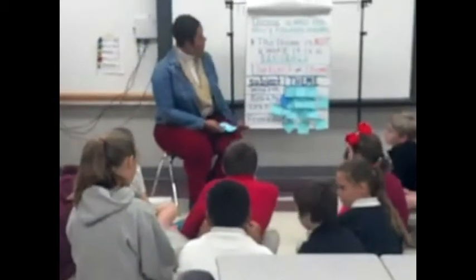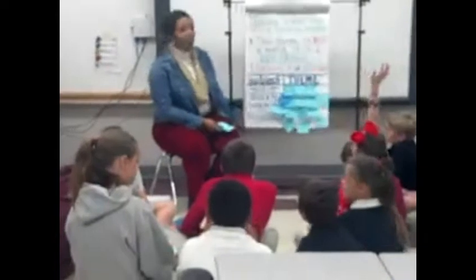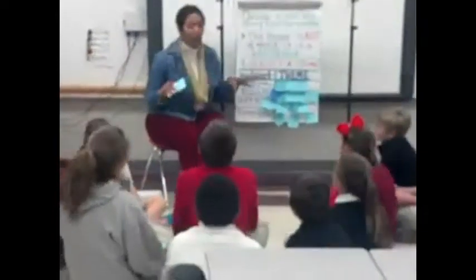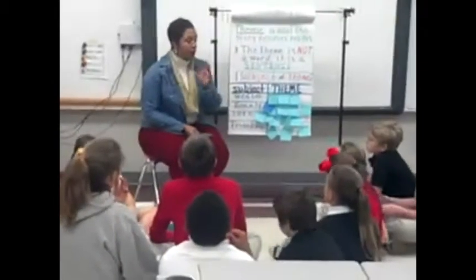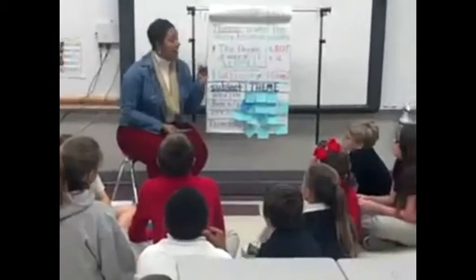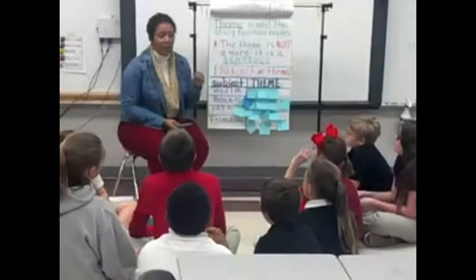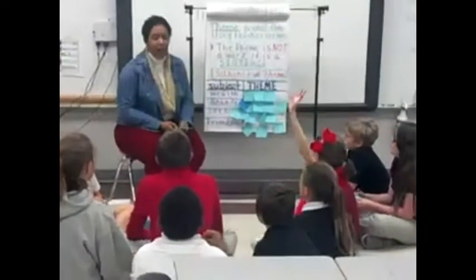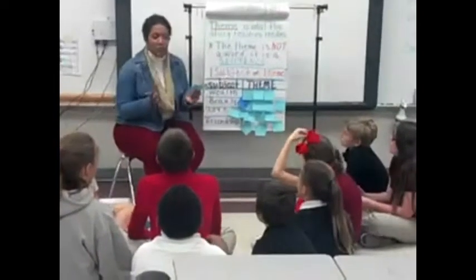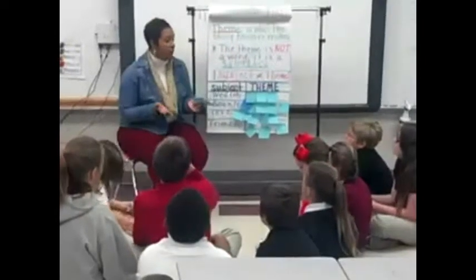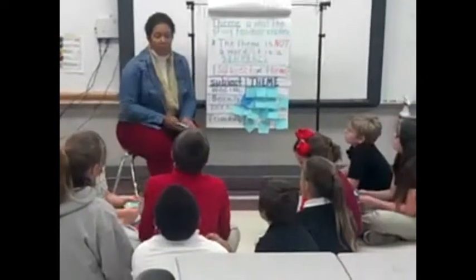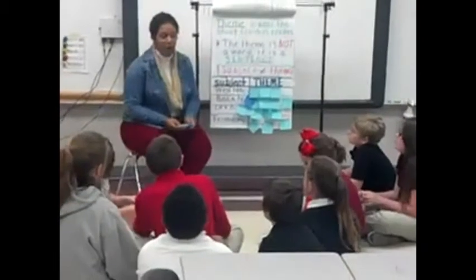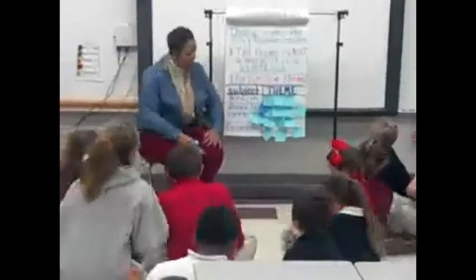Okay. All right, so now what we're going to do is break back up into our groups, okay, at your desk, and we're going to work in small groups on identifying and determining the theme of a short story, okay? After your group has read the short story, discussed it and talked about it, then you all will come up and present your findings to the group, okay? All right? So everybody go back to your desk.